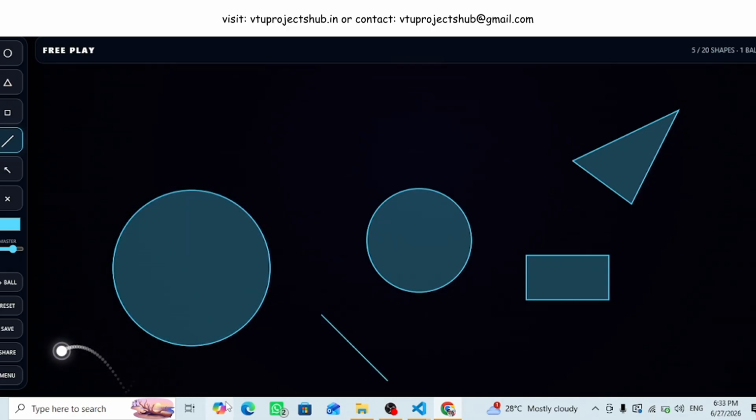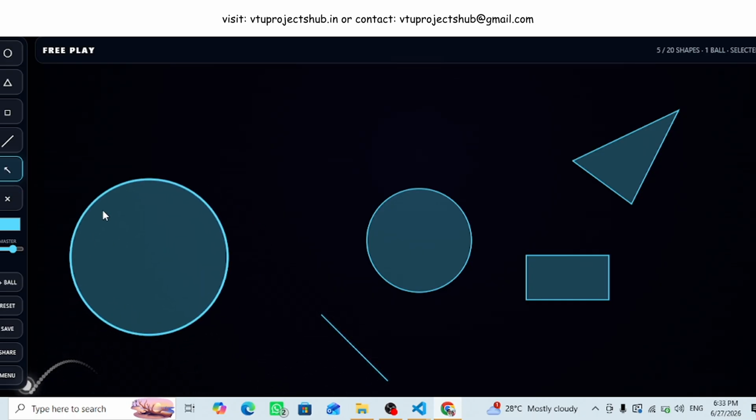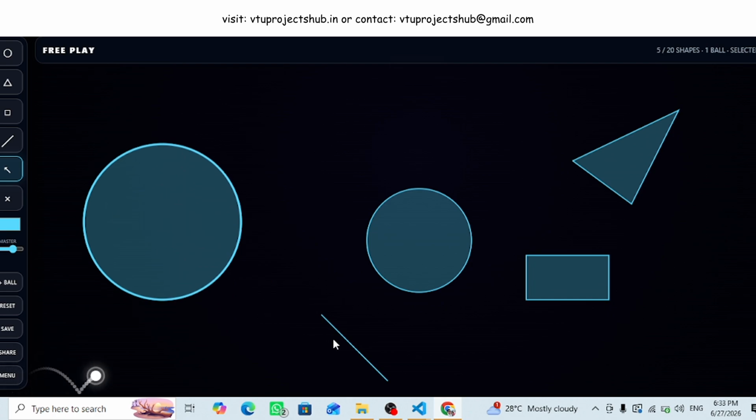The white ball bounces around the canvas, leaves a trail, and triggers sound whenever it collides with a shape. Hits create sparkle effects and shape highlights. If the ball hits the edge of the screen, a short click sound plays. The user can add up to 3 balls to make the composition more active.